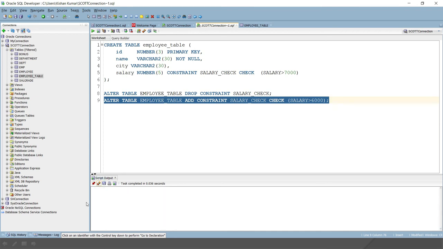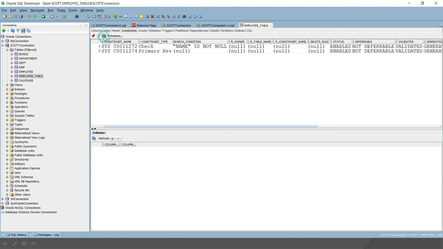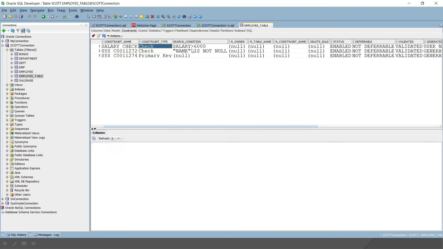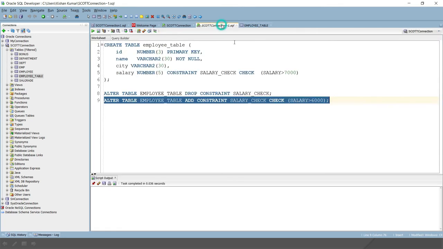Let me clean this output console. If I go and refresh, then you'll see the new check constraint has been applied, and that is right now enabled, right? So when you define a check constraint, by default it's enabled. If you want to disable it at a later point of time, then you can also do it.